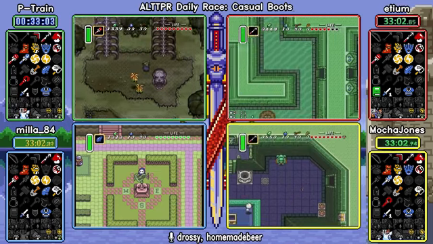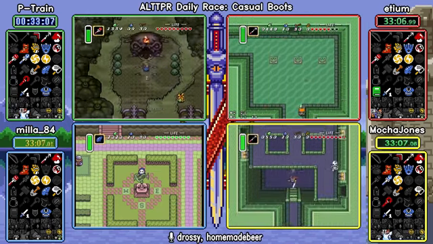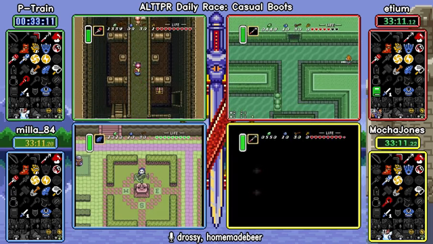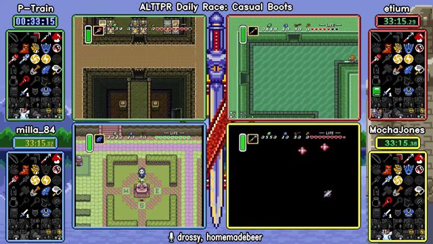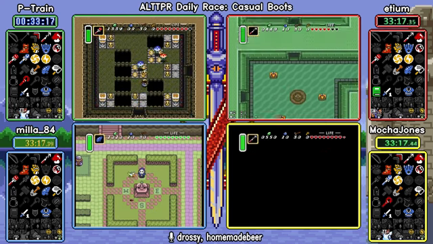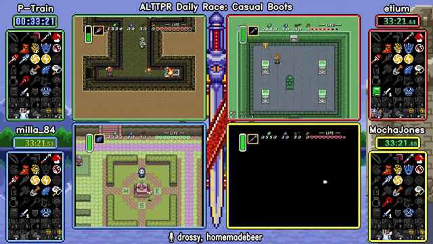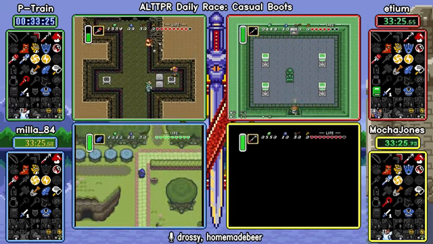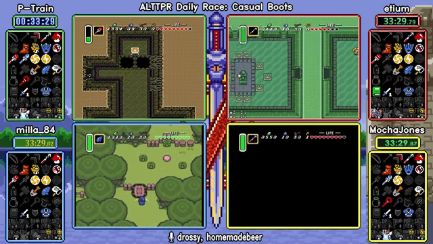Yeah, and meanwhile, Mocha Jones hasn't really found anything in Eastern, and of course can't finish without a bow, so he's going to do this dark-locked vanilla big key chest, see if there's anything in there. Yeah, and P-Train found his way into Skull Woods. I believe he's done everything now except for...